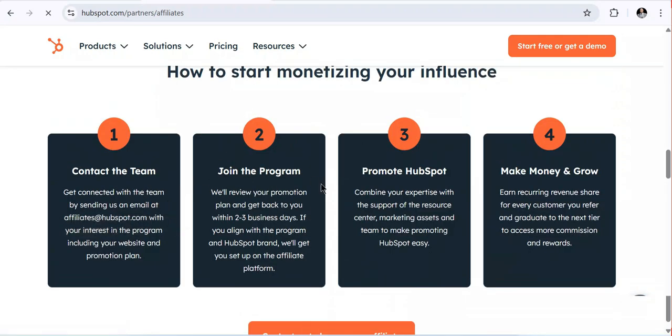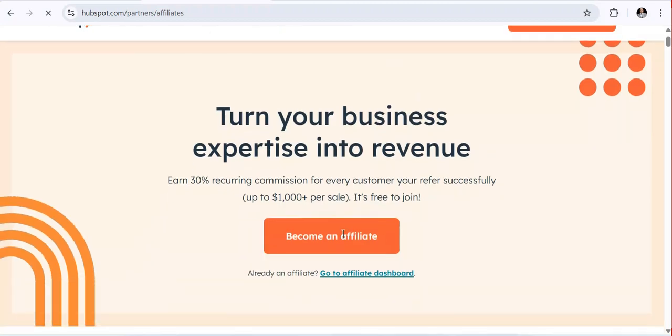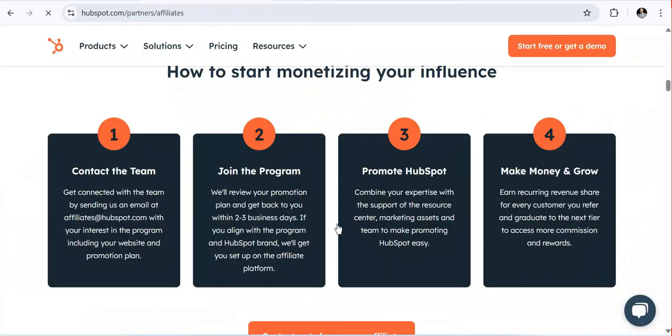Also join the program. They will review your application, and after reviewing your application, you can see once you contact them, so you send an email to them with your interest in the program, including your website and the promotional plan. Also they will review the promotion plan and they'll get back to you within 2 to 3 business days. If you are running with the program and have HubSpot brand or requirements, they will also give you an affiliate